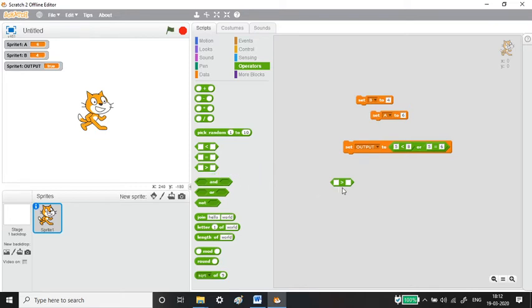Got it? NOT means nothing but it just inverts the output. See here, if I give 5 and 8 here already, the answer is true, but the NOT operator takes the answer as false. If we see it separately, it is true, but since it goes to the NOT operator, it takes the answer as false. Got it?